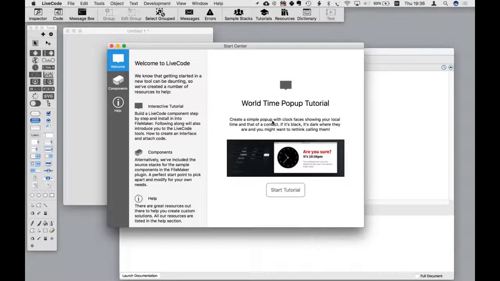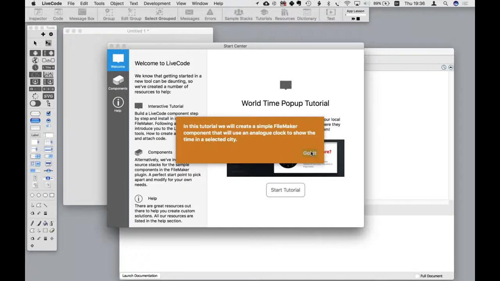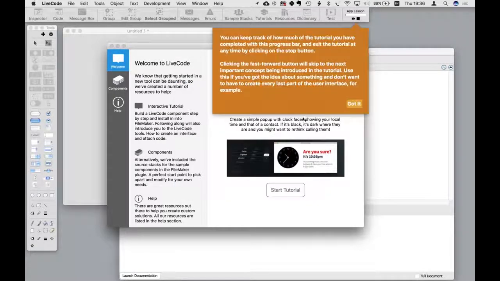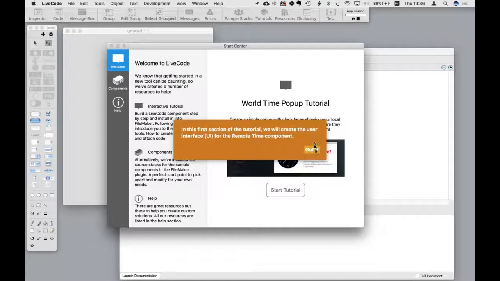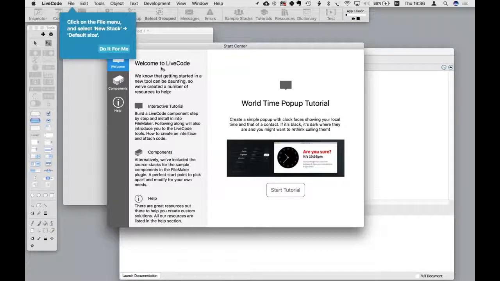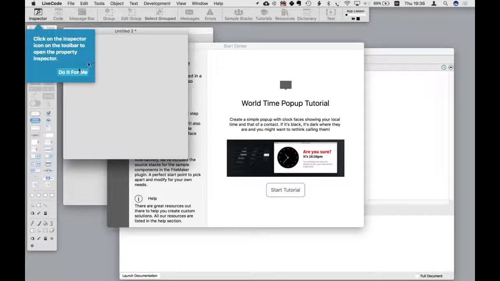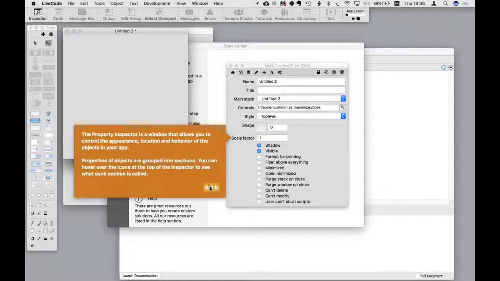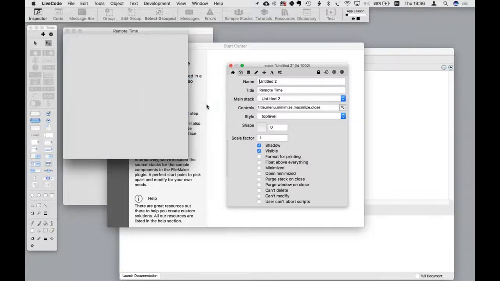So the idea is that you pull out from the database the time zone that the person is in, and then determine whether or not they're asleep before you phone them. I'm not going to do the whole thing because it would take too long, but I'm just going to show you that it basically points out step by step what you need to do in order to build this application. And you can follow along, and you can essentially build this